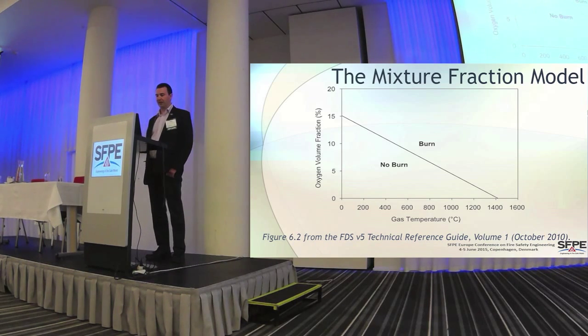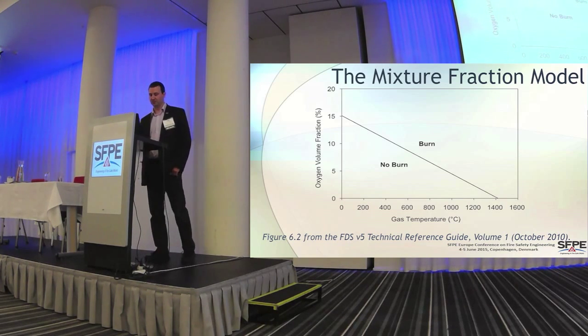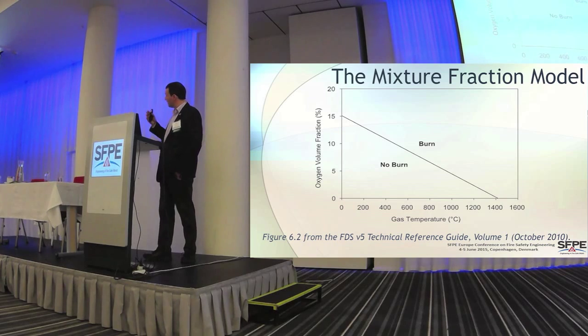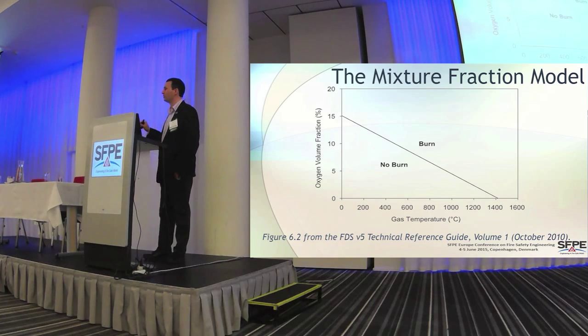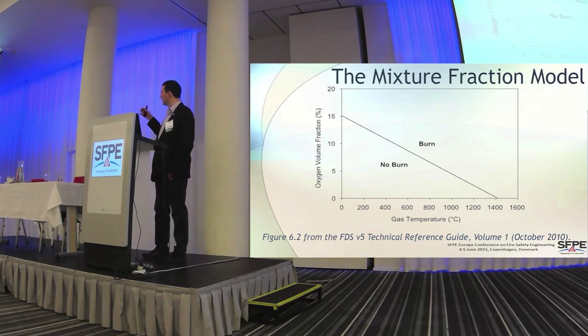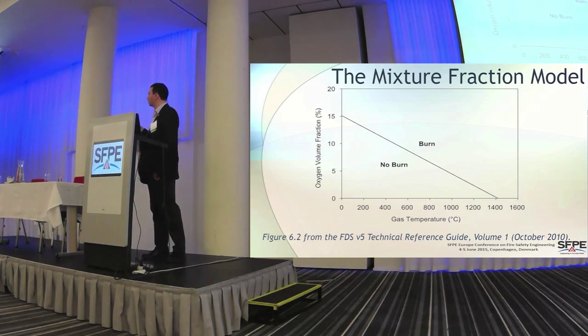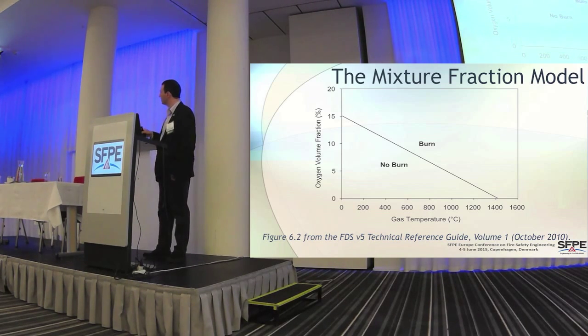So that, for example, at 800 degrees, we could have combustion of a 10% mixture. We don't have, at 200 degrees, 10% oxygen in the domain of the cell of interest. And according to the simple model, as we go to just above 1400 degrees centigrade, that's the point at which, if there was flammable gas and any amount of oxygen, it would combust. The oxygen would get used up,